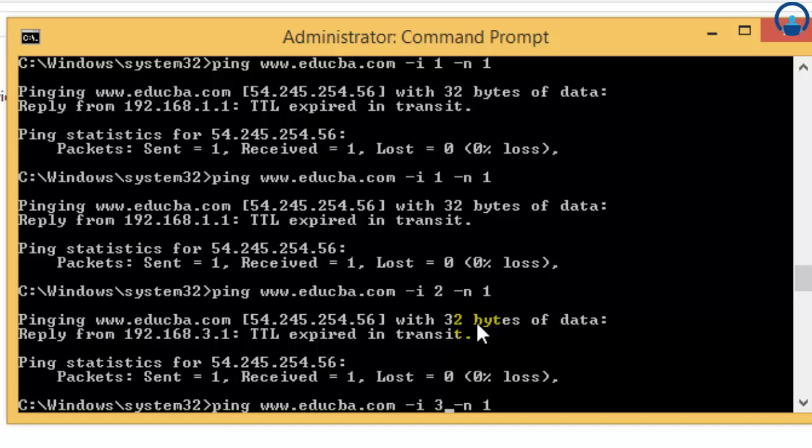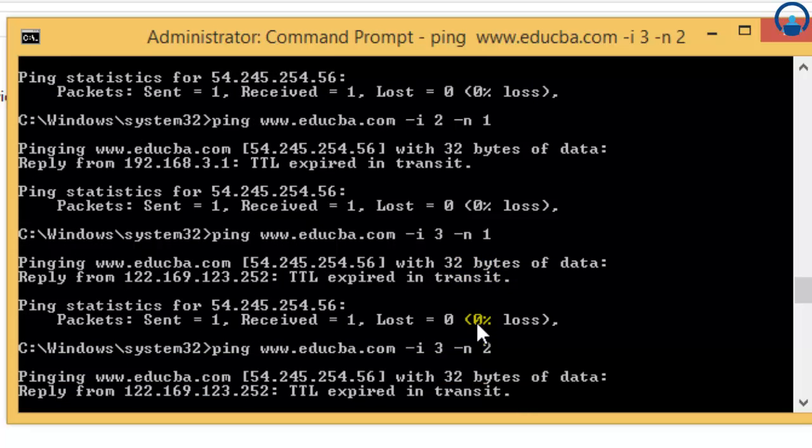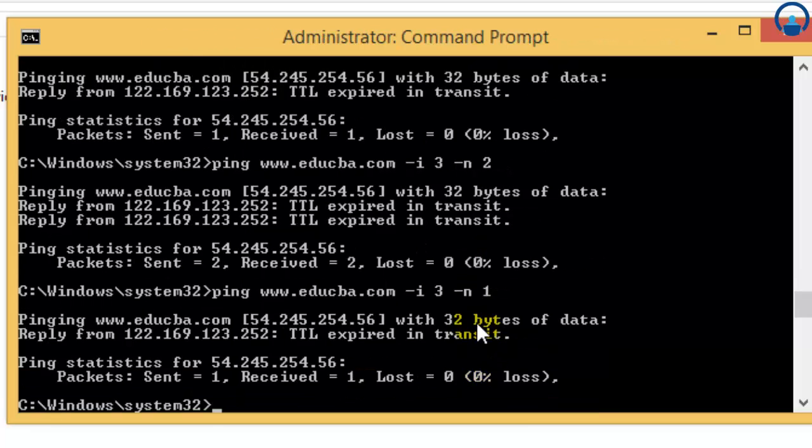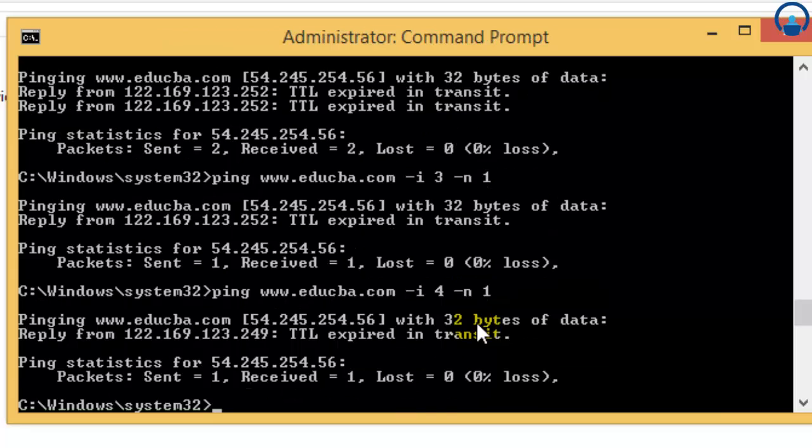Use -n 1 in order to produce only one answer. You can also change it, like -n 2, to check multiple times. I'm using 1 to check only one point in time. You can also type, let's say, -i 4 -n 4 to check the amount of time to live expired in total. You may receive the answer from the same IP address in 2 different steps, and one identifies the packet filter. Some packets identify the decrement in TTL before they become invisible.